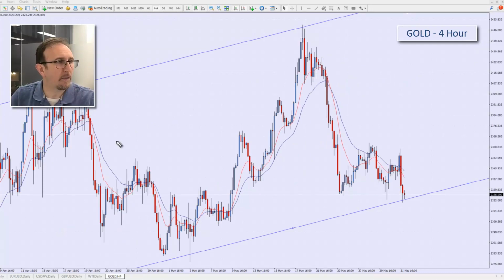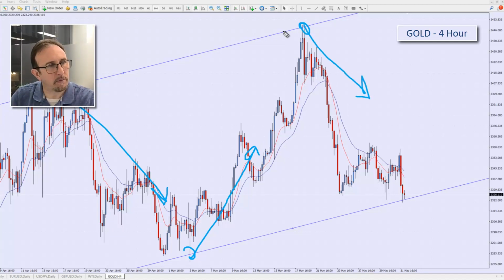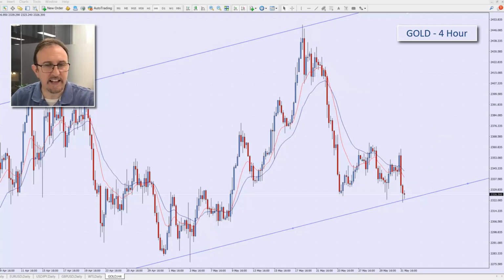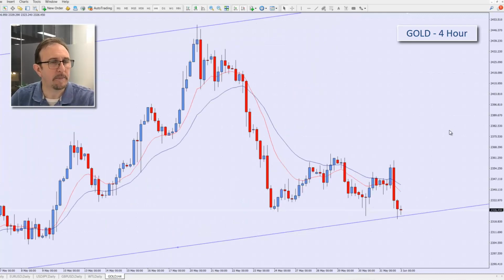Now I can see that on the top the market has come down once, it has bounced once, come down once again. So the top line is established now because there's 2 touch points, and now on the bottom line we are at a touch point right now. If we see a nice reversal, that could be our signal to become a buyer. And as it stands at the moment, let me just zoom in so we can see the candles a little bit better. As it stands right now,